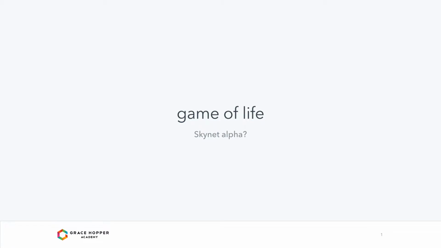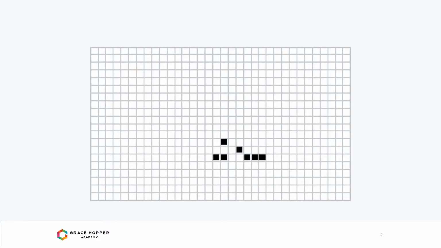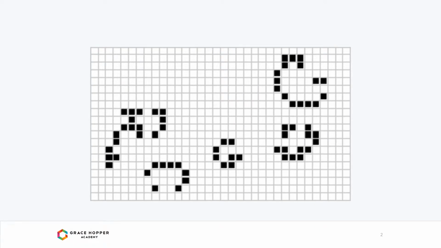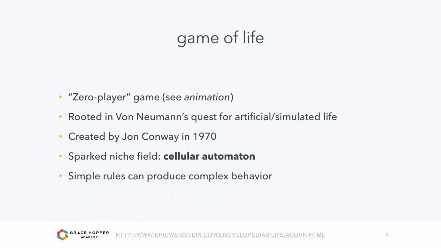All right. This is like a really fast lecture, so let's get started. And you'll have a bunch of time to work on the workshop. So this afternoon, we're going to be making the game of life, which looks like this. It's an animation, basically. It's a zero-player game, which is basically an animation.